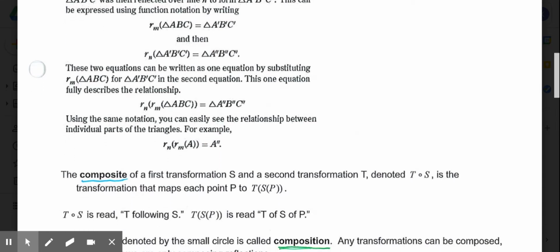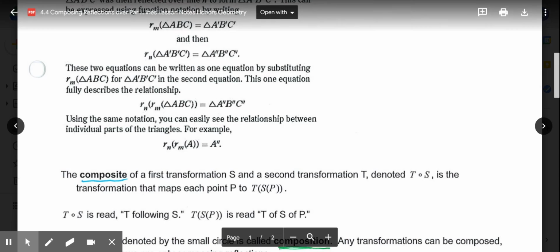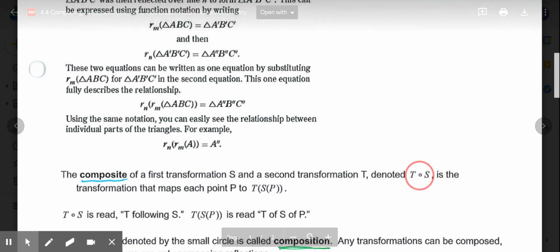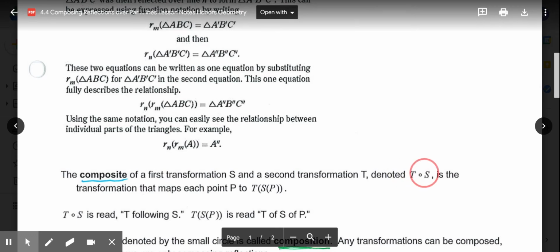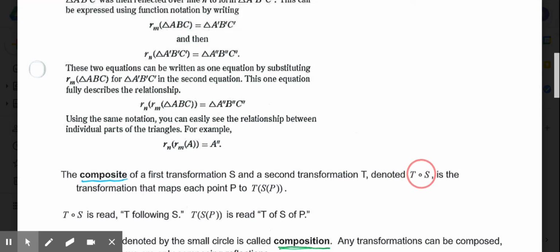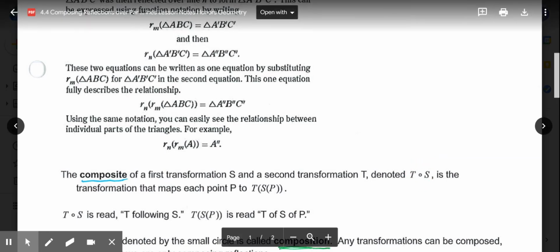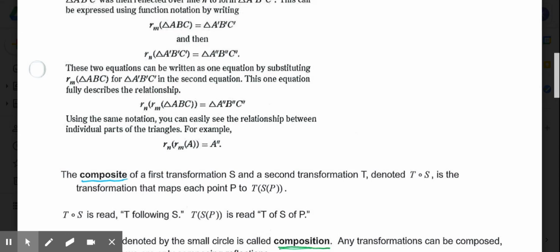So now we are going to get into this idea of composites. So as it says, the composite of a transformation S and a second transformation T is denoted by this T open circle S. And this notation right here, the T open circle S, the composite notation, is the same thing that maps point P